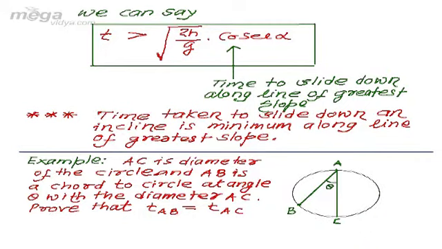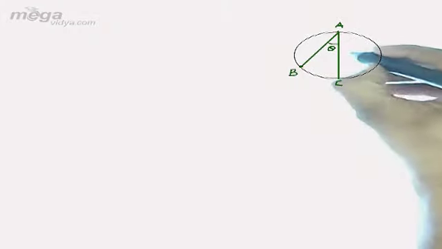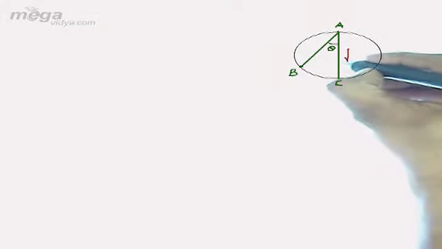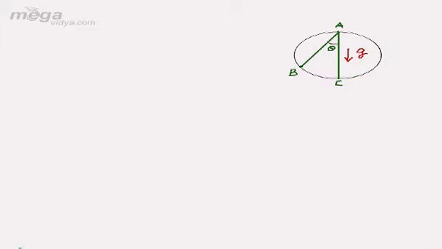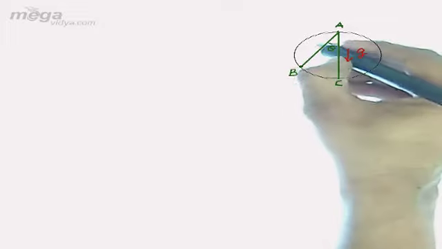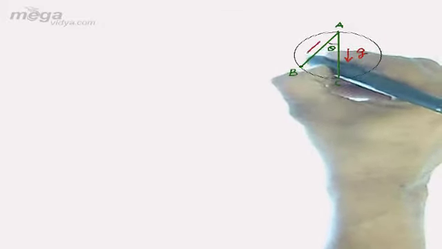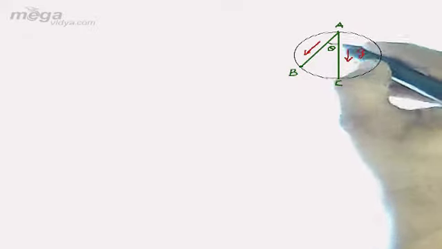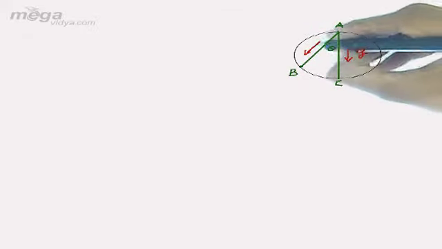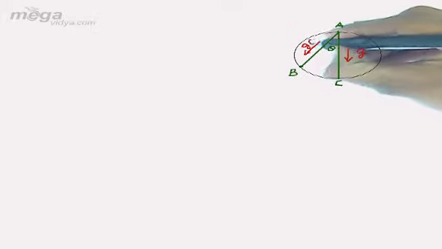Now what we do here, we again draw the same curve. We have been provided that AC is the diameter. Say this diameter of the circle is in the vertical direction, then we can easily write the acceleration of the particle along this diameter to be g. If we talk about motion of the particle from A to B, then during this motion the particle's acceleration becomes the component of this g along AB, which is g cos theta.